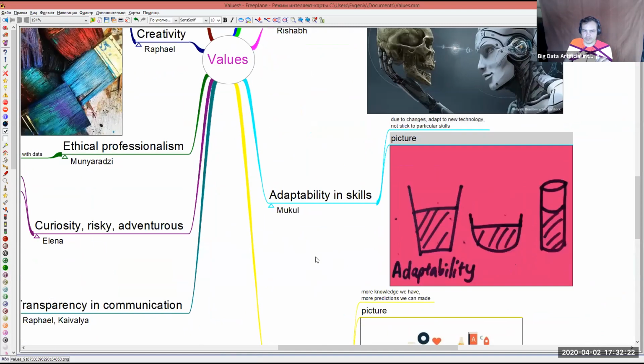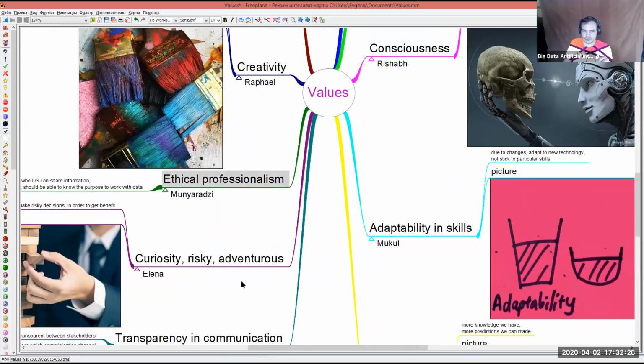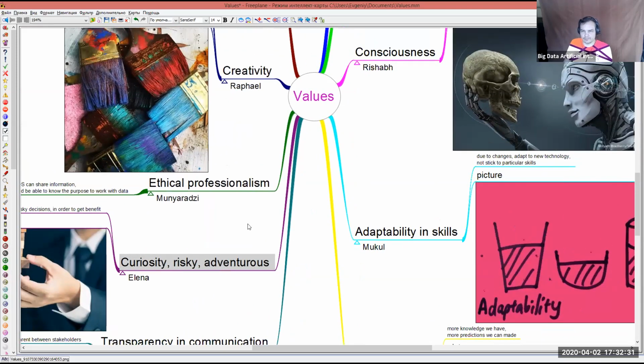Then pre-process and provide a procedure of depersonalization, and then do it in a regular way, legally. So in this way, I think,